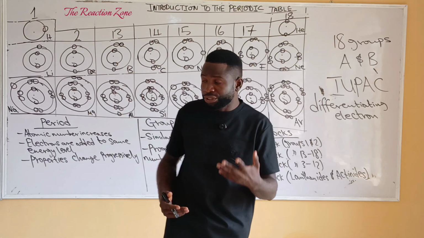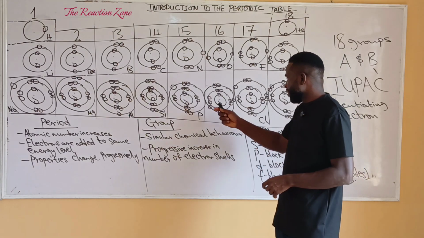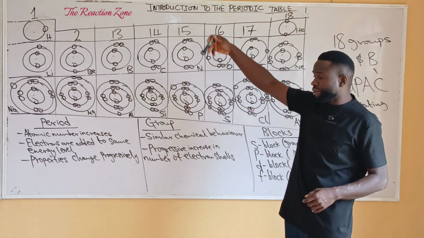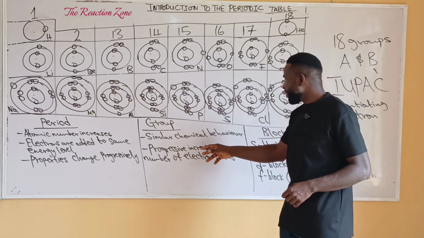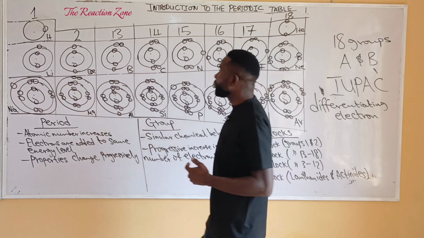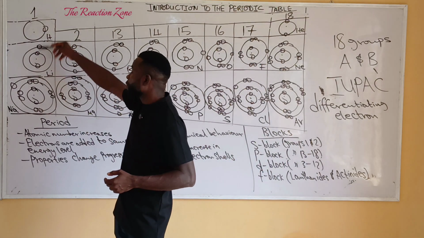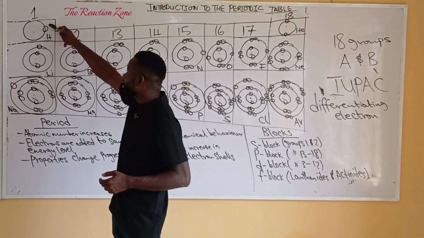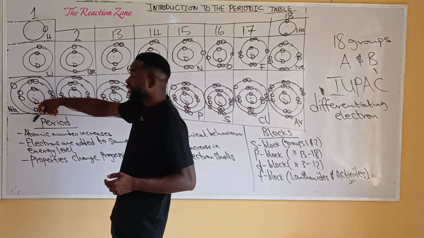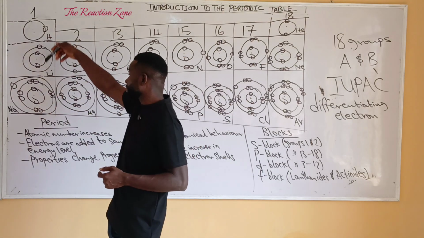outermost electron shell. The second information that a group avails us is that as you move from the top of a group to the bottom, there is a progressive increase in the number of electron shells by 1. Let us look at group 1, for example. 3 elements of group 1 are shown here. Hydrogen has 1 electron shell, lithium has 2, sodium has 3, potassium, which is not shown here, has 4, and so on and so forth until you get to the last